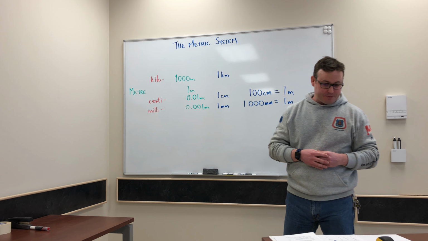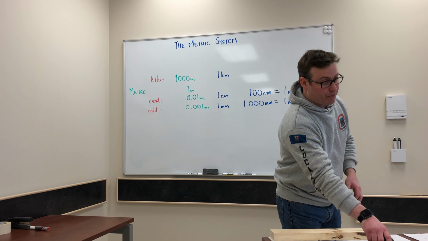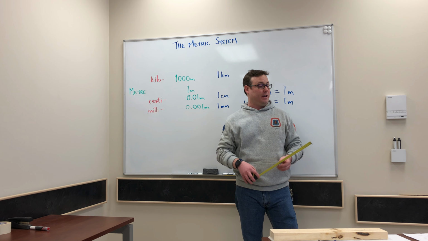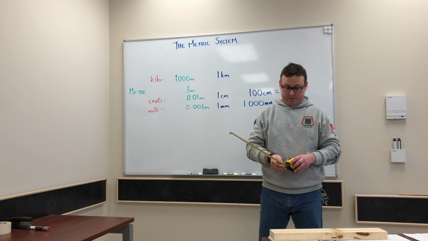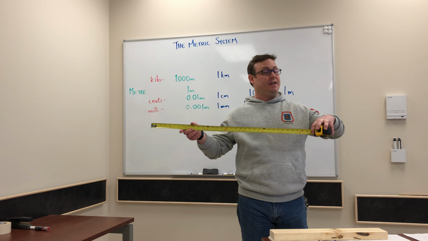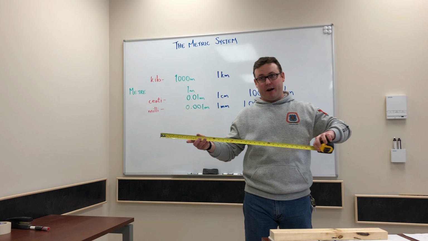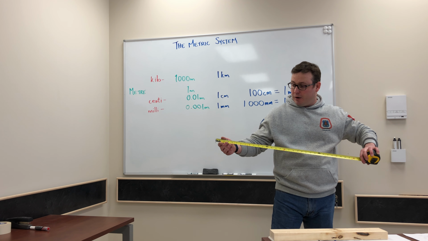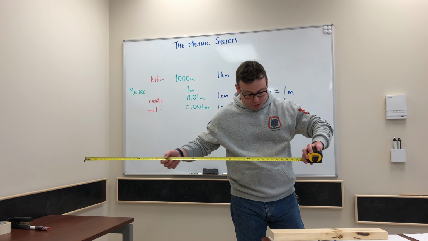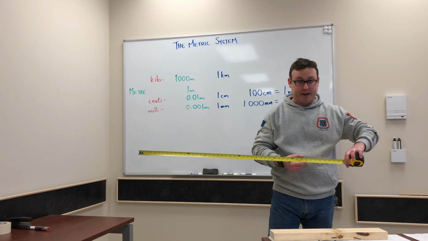So with that being said, let's use the metric system and actually apply it. We're going to measure the length of this 2x4. Now, we've required all of you to come to class with a dual scale tape. That is one with the imperial US customary units of feet and inches on the top of the tape, and the metric system down here on the bottom of the tape. Also, notice, pull out here, I come to 100.